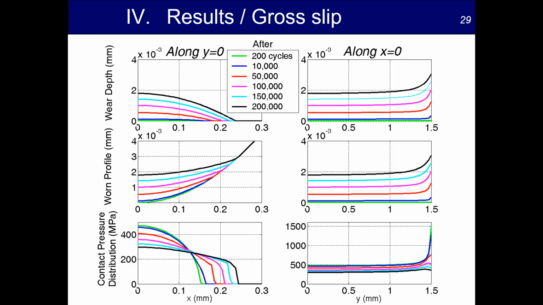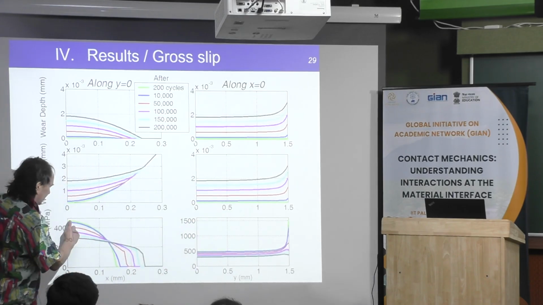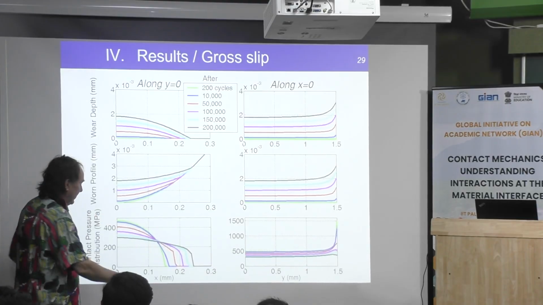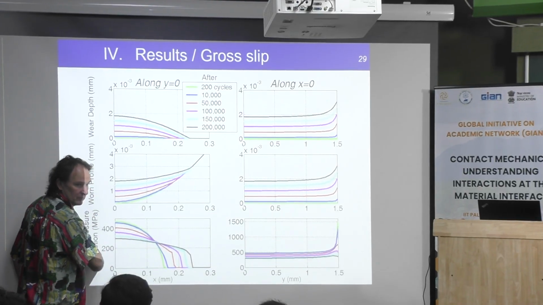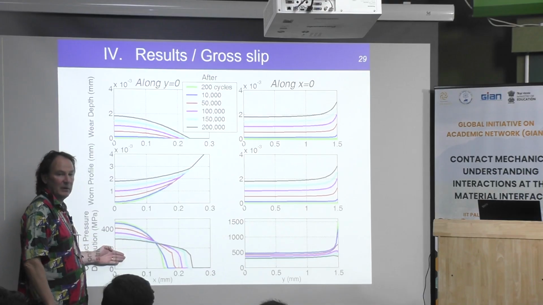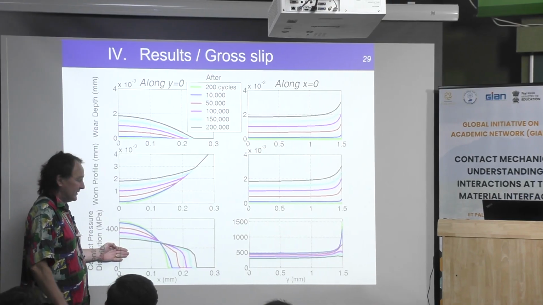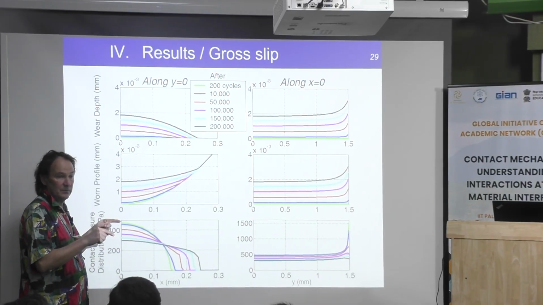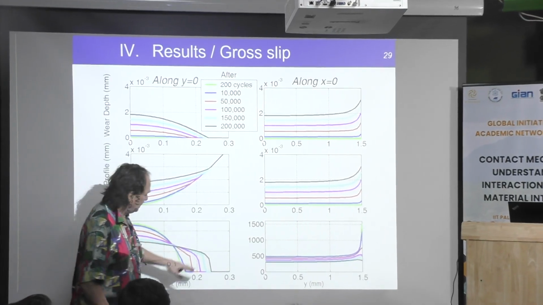The bottom view is the pressure distribution. Here you can see that at the beginning, the pressure distribution is this one. This is the cylinder going toward you, and this is a classical Hertz distribution. But now this is not a 2D problem. This is a 3D problem. Then if you go at the edge of the cylinder, you will have a peak of pressure. And you can see the peak of pressure in green.